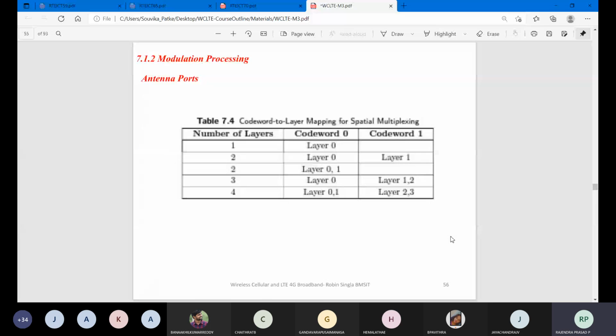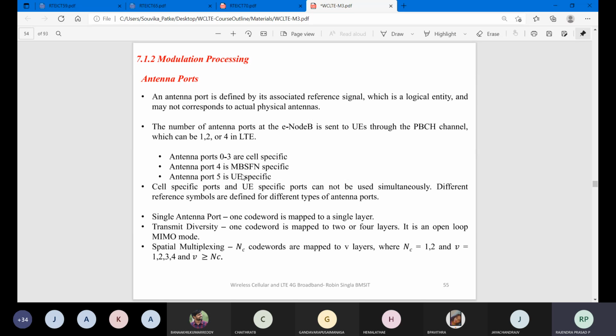Okay. So here you can observe the number of layers, which layer it is going to support for code word 0 and which layer code word 1 will be supporting. As I said, there are two code words, two possible minimum, right? So these are the layers which are going to be supported. Okay. So single antenna port, one code word is mapped to a single layer.